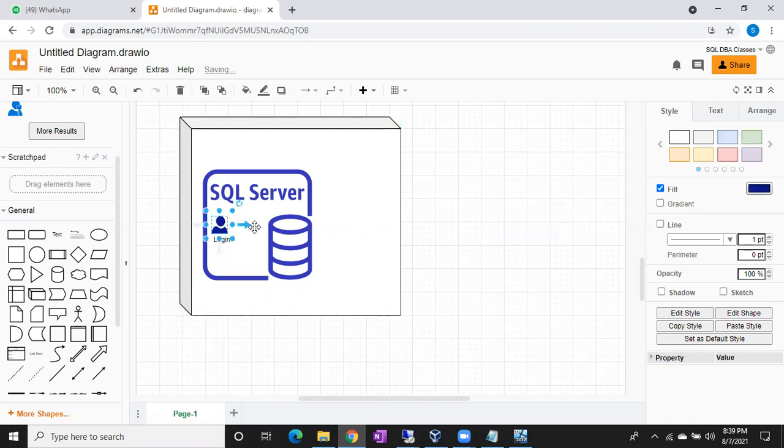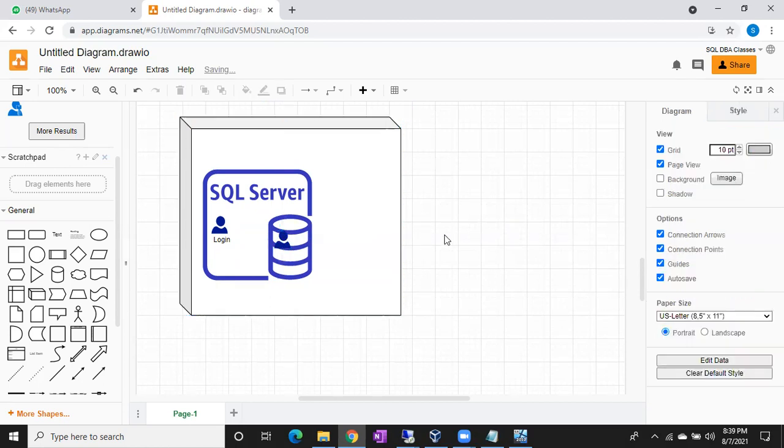Imagine this login wants to access this database. We have 1, 2, 3 databases, right? Imagine these are the collection of databases. This login wants to access this database. Once you give access to this login on this database, a user will be created in this database. So this is called user.